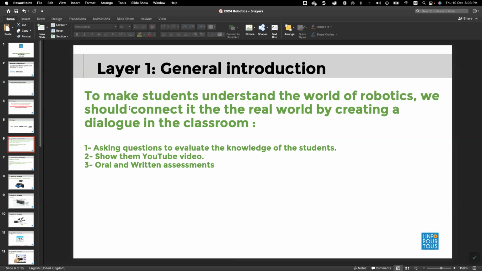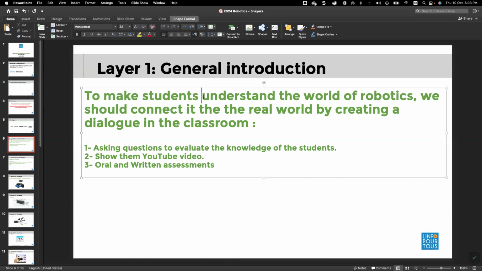We will be uploading on the platform a worksheet to do with your students, to make sure that the general introduction is well assimilated by students. That's why, to make students understand the world of robotics, we should connect it to the real world